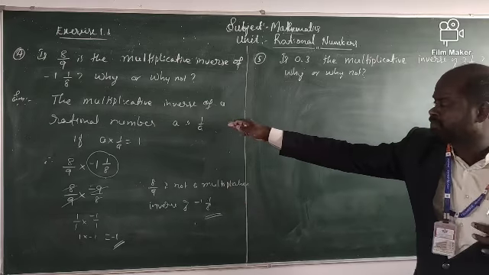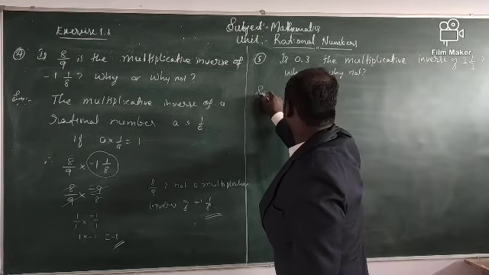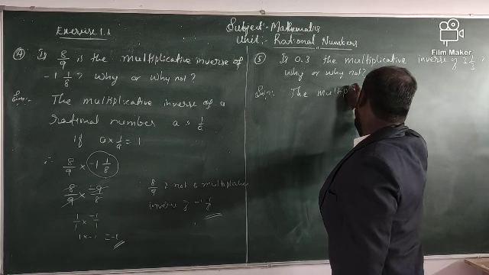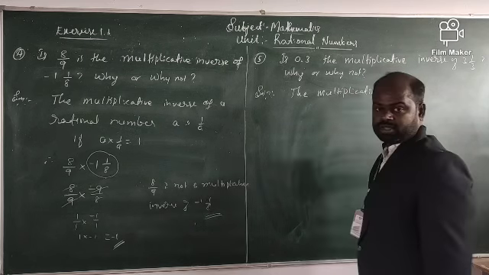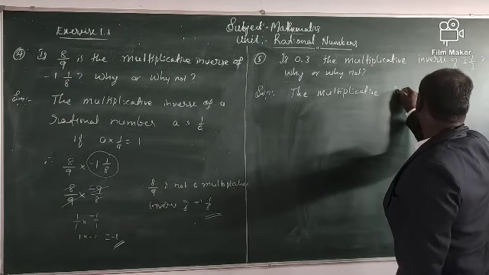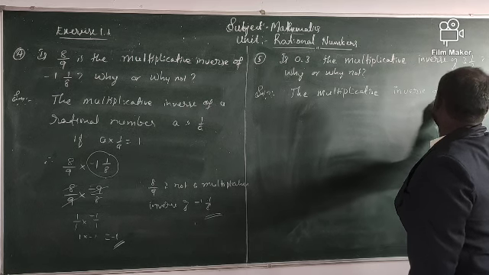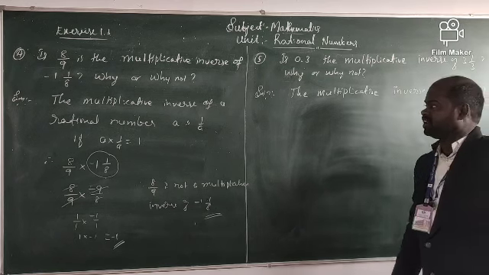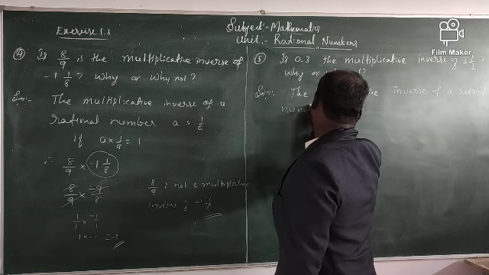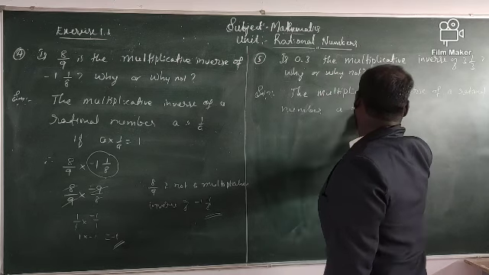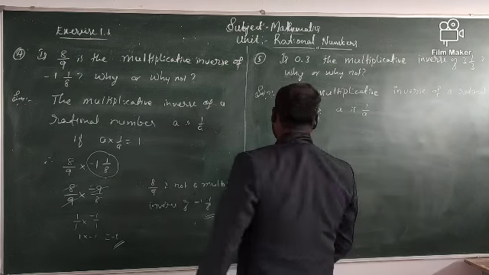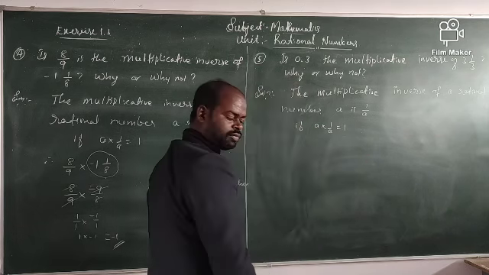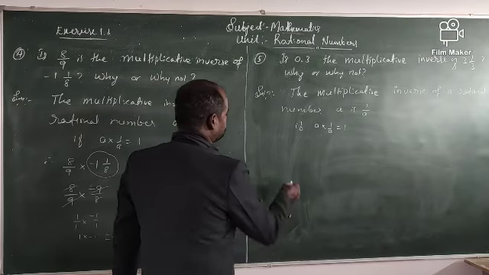Look, children, the same steps will be followed. We know that the multiplicative inverse of a rational number a is 1 by a. Suppose a into 1 by a equals 1. Understand? Next step is